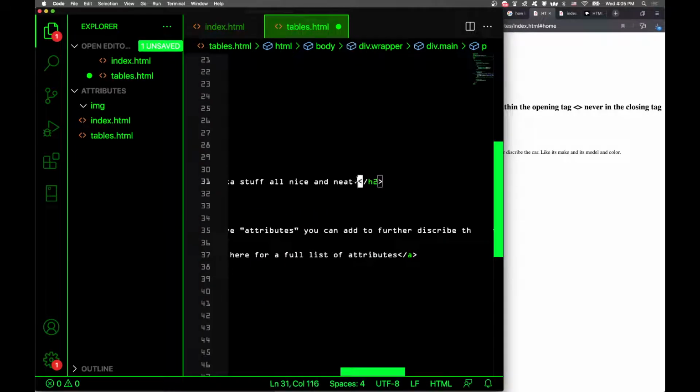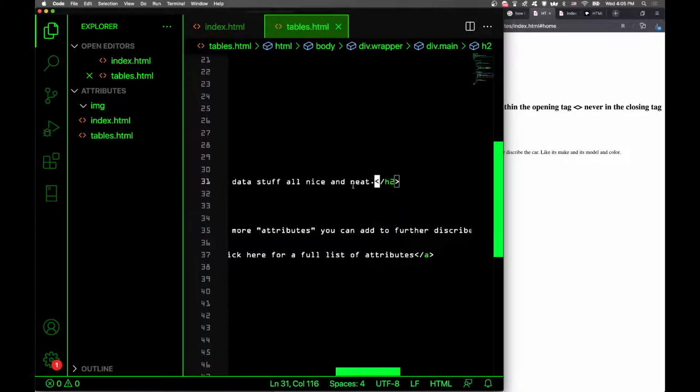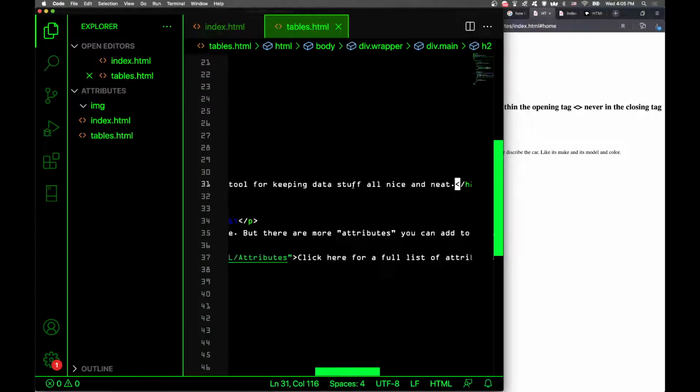For some reason mine's not working when I push my hotkey for it. That's weird. Anyway,